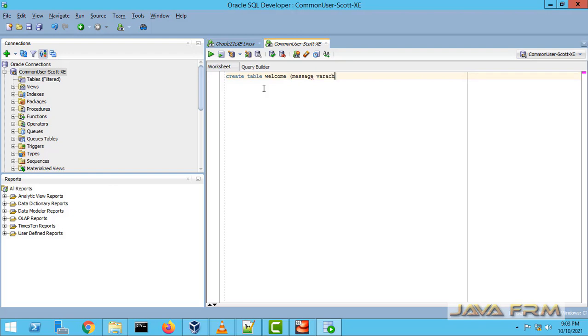Now I am creating one sample table. Then I am going to insert one record and select that record.